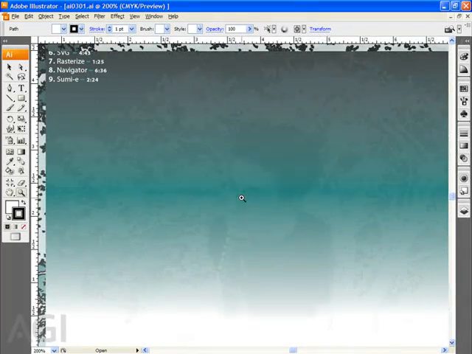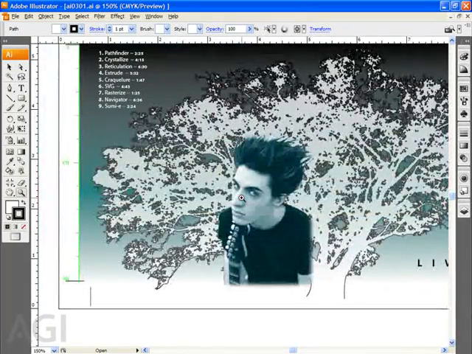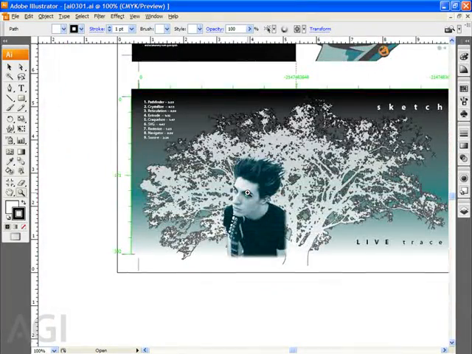The Alt key changes the icon to a magnifying glass with a minus sign in it and allows me to zoom back out. But you can see that this can be very time consuming. Click, click, click to zoom in, click, click, click to zoom out. If I grab the zoom tool, I'm going to show you a quick and easy way of magnifying what you